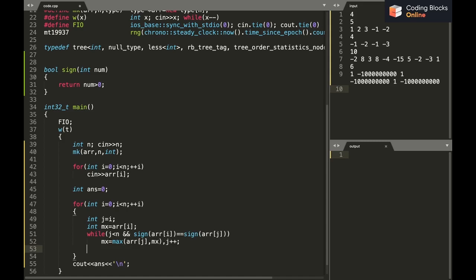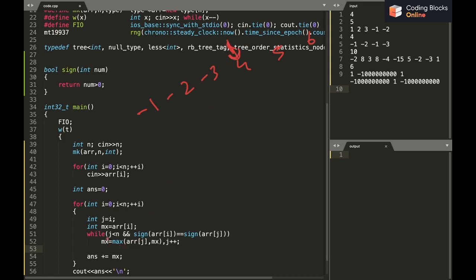Now let's say our first three numbers were -1, -2, -3, then 4, 5, 6. Now in the second iteration I want my I to be pointing here because I have already added to my answer. I just did answer plus equals mx, right? And now after this I want my I to be pointing towards this 4.